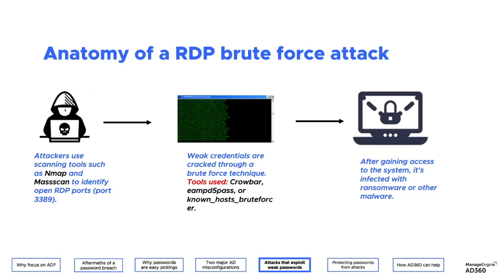There's a 30% spike in RDP attacks that we've noticed over the last 6 months, essentially because organizations have started exposing their internal applications over the web. So if you're bound to do that, if there's no other way and you're required to expose an internal application over the web for your employees, it is important that you have extra layers of security in place. It is important that there's an SSL certificate involved and multi-factor authentication involved. You can even have a few validation questions in place, no problem at all. It might look like extra effort for your users to log in, but it might save a great deal of trouble from these attacks. That's the idea right here.